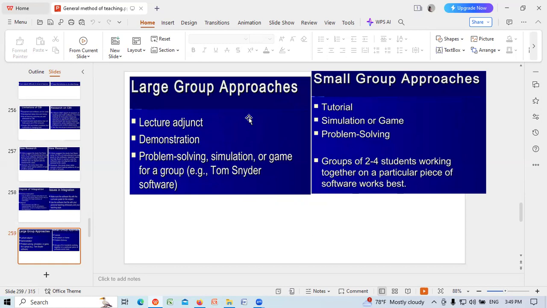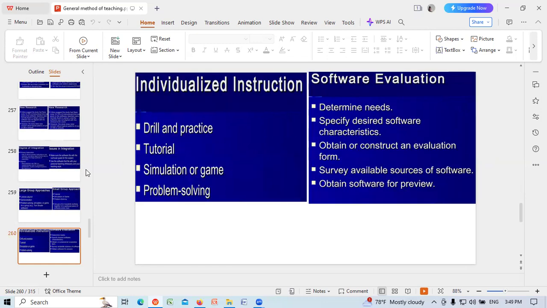Large group approach: lecture adjunct, demonstration, problem solving, simulation, or game. Small group approach: tutorial, simulation or game, problem solving, with groups of 2 to 4 students working together on a particular piece of software. Individualized instruction: drill and practice, tutorial, simulation or game, problem solving. Determine the desired software characteristics, obtain or construct an evaluation form,